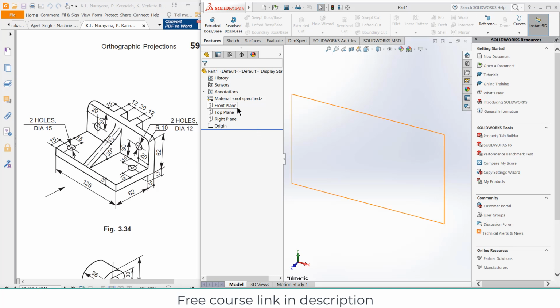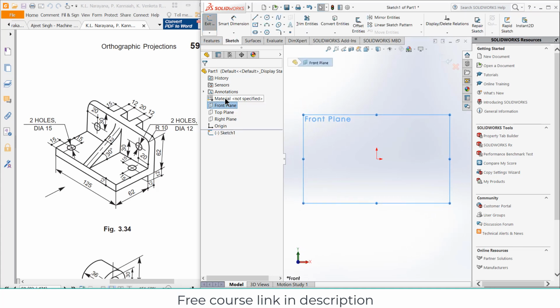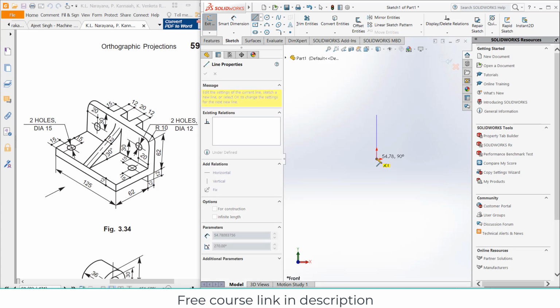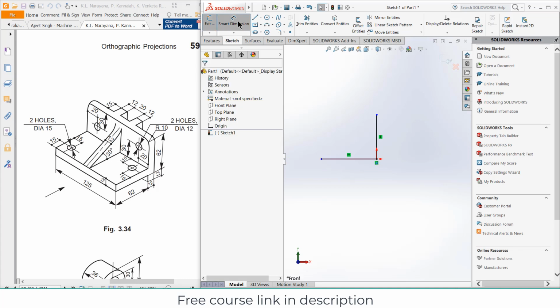So let's see. For example, suppose I click on the front plane, click on sketch. After that, here you can see it is an L shape and there's a little bit down here as well. So click on here, draw the line as I'm showing, press escape.